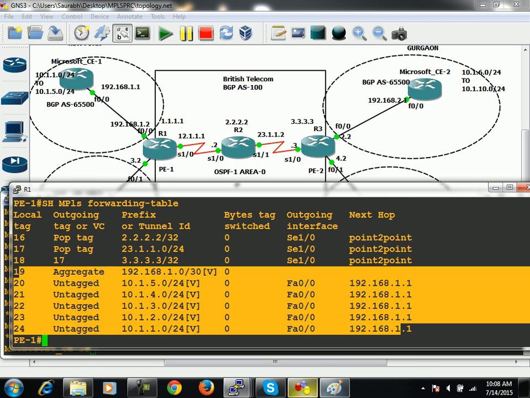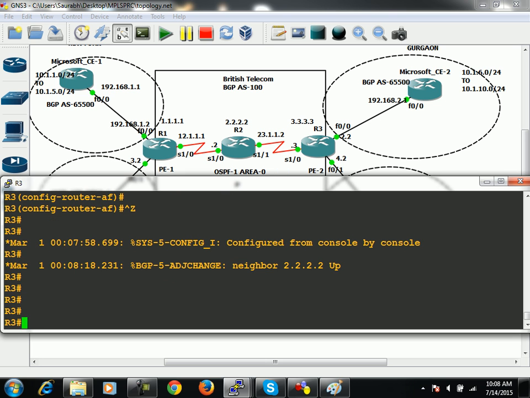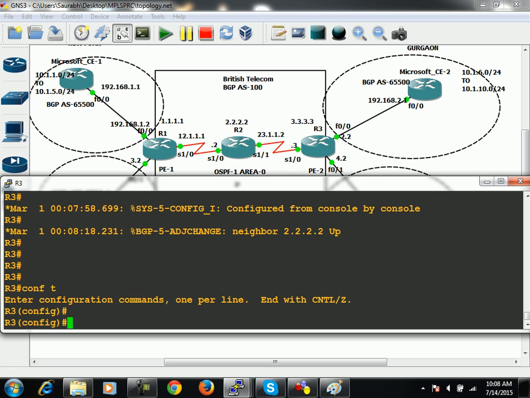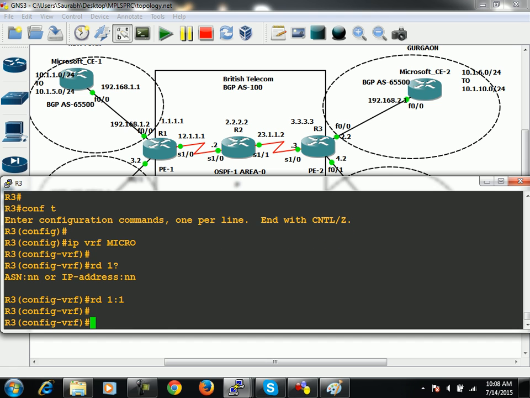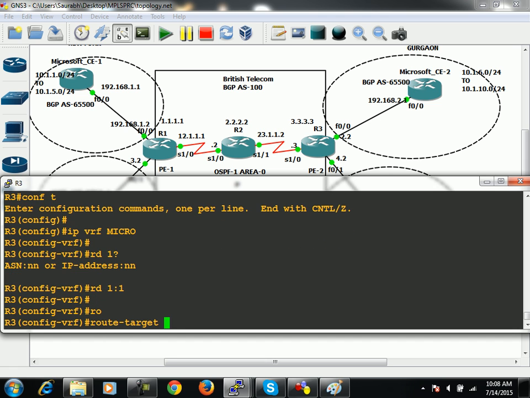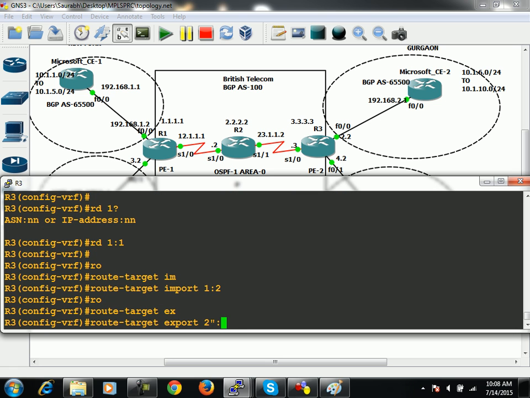So now I must be able to get them onto R3, but on R3 I will not get them because I have not created any VRF. So onto R3 I have to create the VRF now. So let's do one thing. Say IP VRF is what? Micro. Even you can take a different VRF name as well, doesn't matter. RD should be the same. Route target for import, it should be 1:2, and route target for exporting I'll be using,